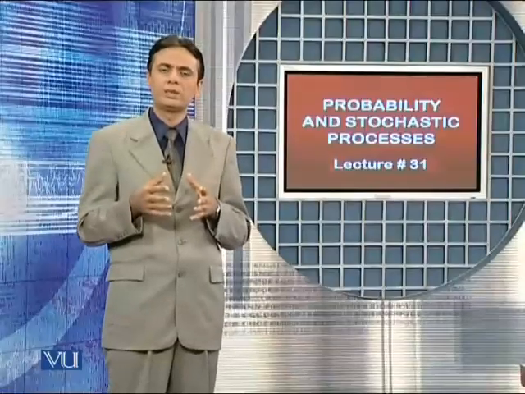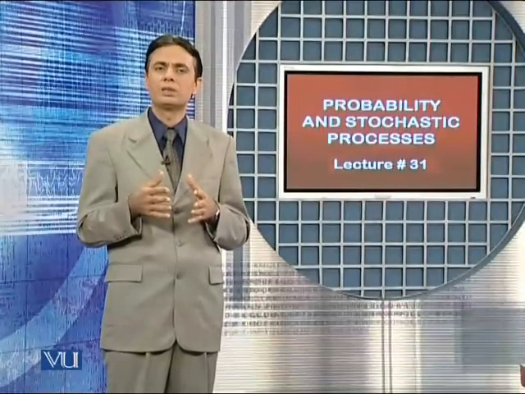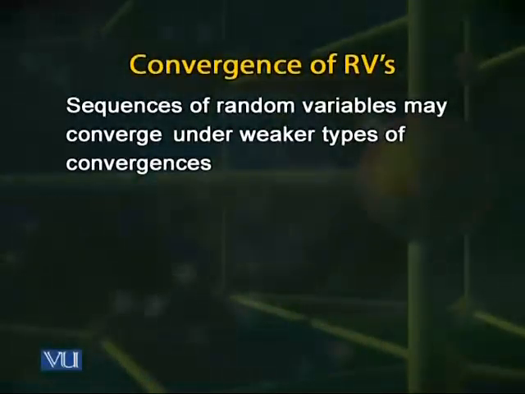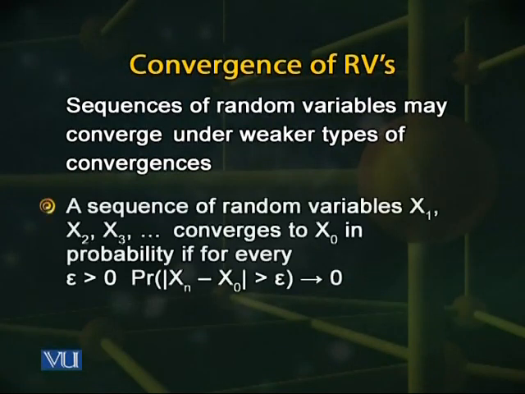Hence, for sure convergence and almost sure convergence, the collection of random variables cannot be independent of each other. Sure convergence and almost sure convergence are two types of strong convergence. There are other types which are called weaker convergences, and in this type there are three types of convergences where